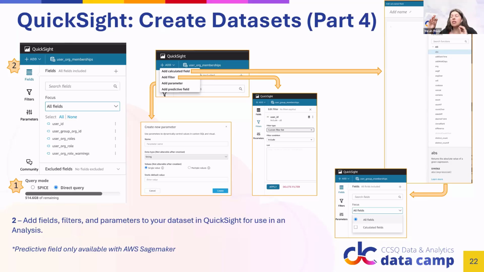Also, if you need to take different variables and create another variable, you can do that at this time of data set creation. If you need to bring in a column of data, but not all the values within the column, you have the ability to filter that. So here's all the different options that are available on how to do that.